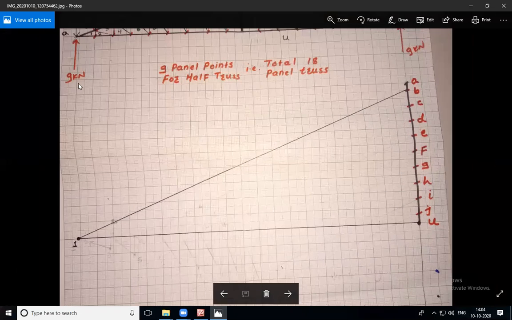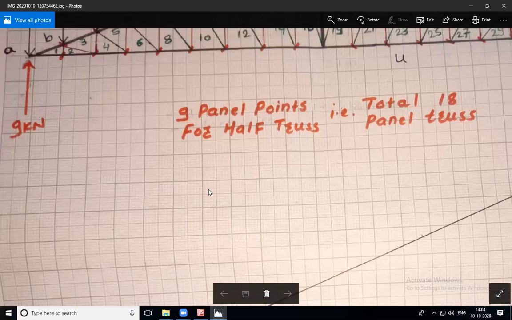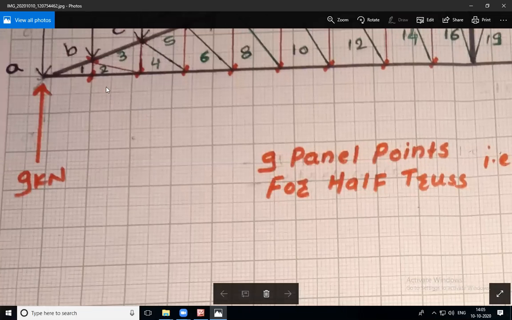Now we are going to move towards the next, that is joint B. We have analyzed point A first. If you consider point A first, then start from A to B. We have a 1.5 kilonewton load. Reach from B to 1. We have already drawn the line parallel to this B1 line. Then from 1 to U, we have drawn one horizontal line. Okay, that is completed. Now joint A is completed because we know the value of B1 as well as 1U. It is drawn.